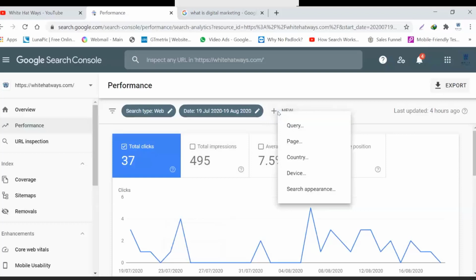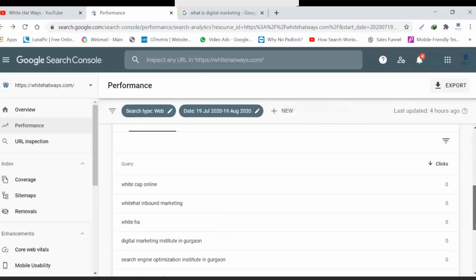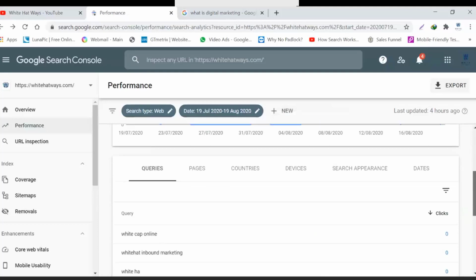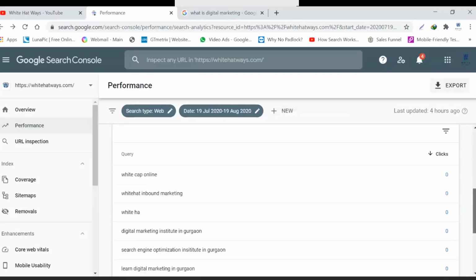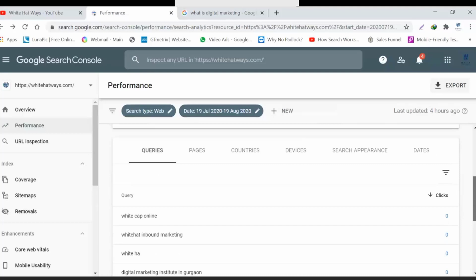Now let me click on the new button. As you can see, there is a new button over here, the plus sign. Now let's say there are a few queries over here which people have actually been looking for. In lieu of those queries, my results also appeared in front of them, is what it is showing over here. What are search queries?